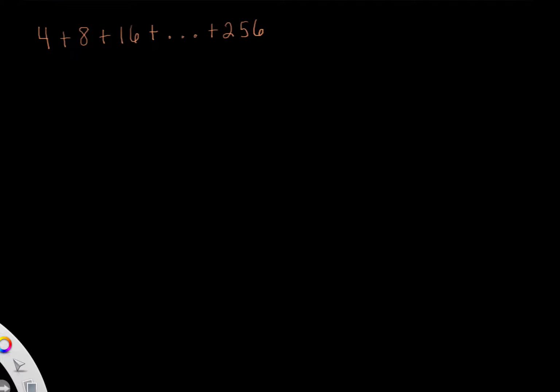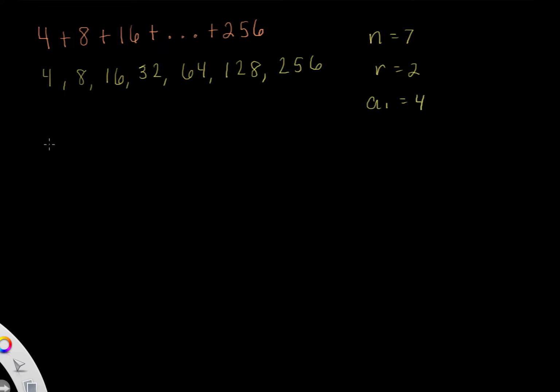So what we need to do is we need to actually list these out. So it would be 4, 8, 16, then would come 32, then 64, then 128, and then 256. So we found the end of the series, 1, 2, 3, 4, 5, 6, 7. There are 7 terms. The common ratio is 2. And the first term is 4. So the sum, whoops, it's not the sum of 4 terms. The sum of 7 terms,